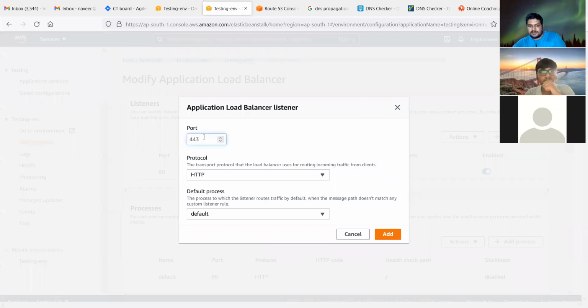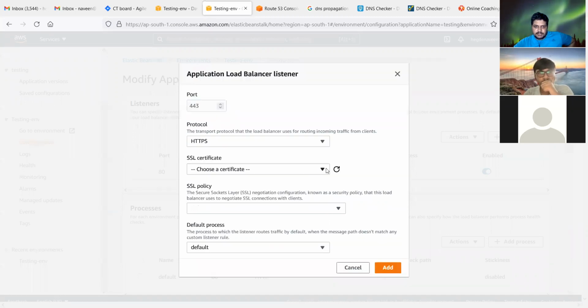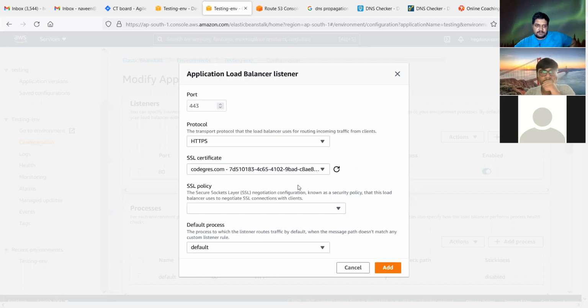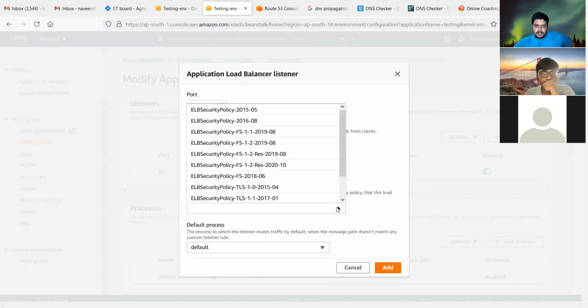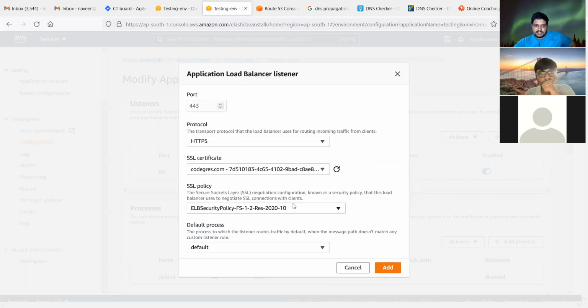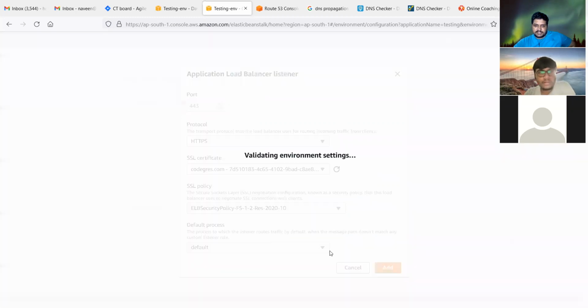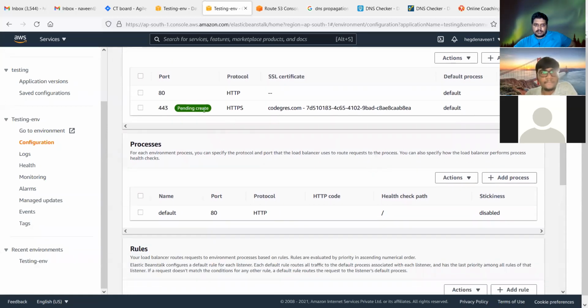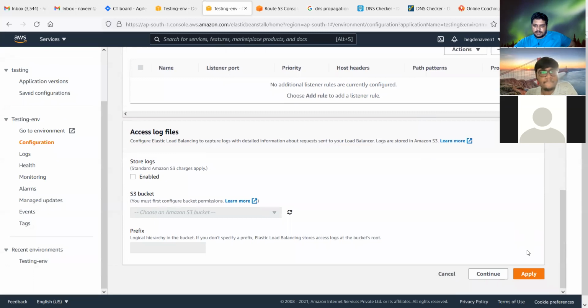I'll put port as 443 because HTTPS protocol. I'll choose this certificate. This is the certificate that we generated just now in ACM, or the wildcard certificate that I already have. Now I put the latest one as security policy default. How do you know that is the latest one? Date is there next to it, so it's okay. So pending created shows. So I just go and apply.